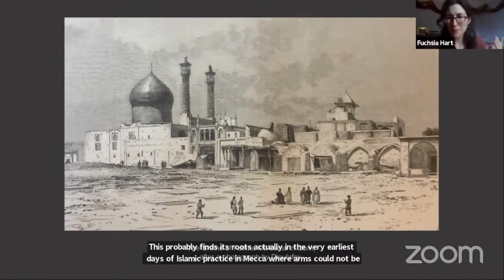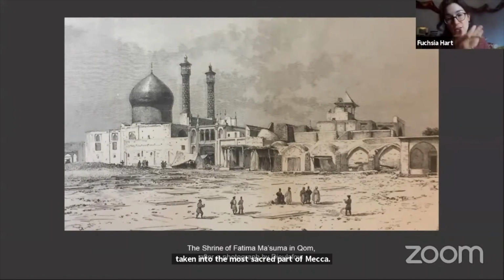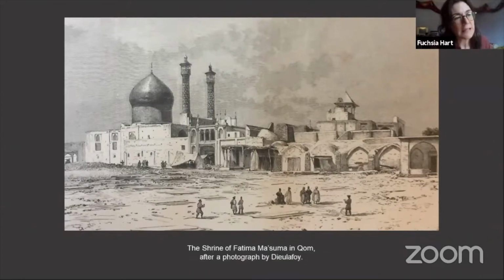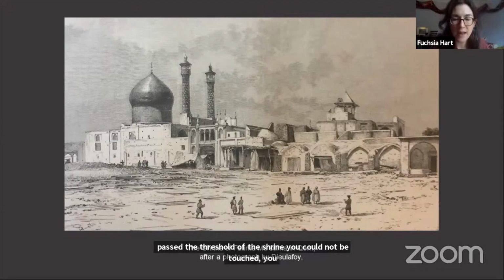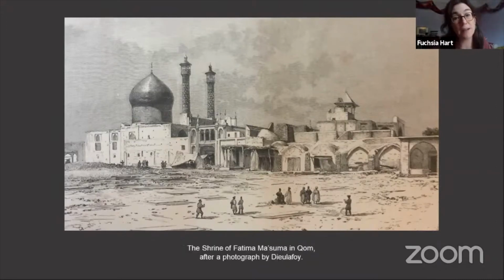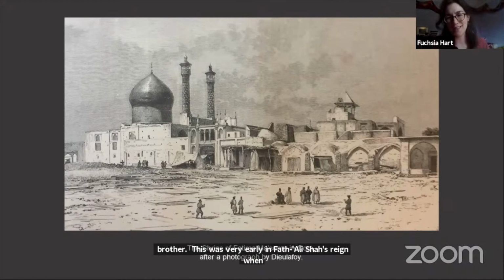If you were being pursued by anybody, even the authorities, once you've passed the threshold of the shrine, you cannot be touched, you cannot be removed even from the shrine. And one such person who took refuge in the shrine in Qom was in fact Fath Ali Shah's brother. This is very early on in Fath Ali Shah's reign, when his younger brother Hussein Quli Khan rebelled against him. He rebelled a number of times unsuccessfully. Finally, on about the 5th time, he realized that all hope was lost, and he fled to Qom